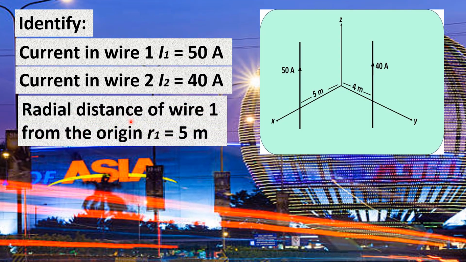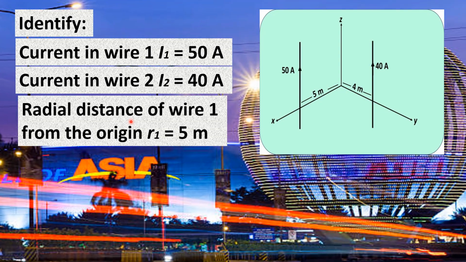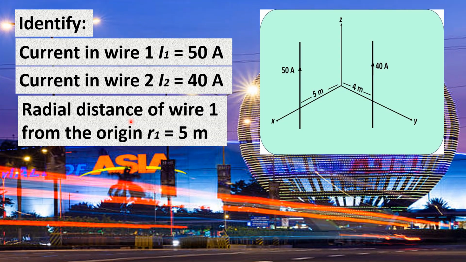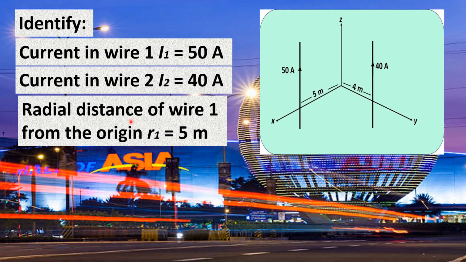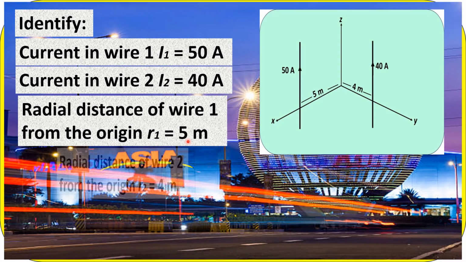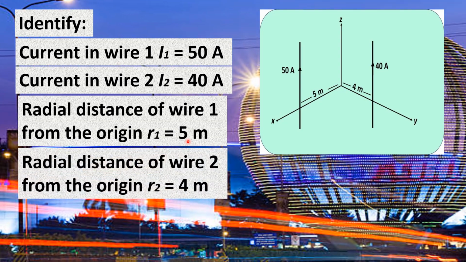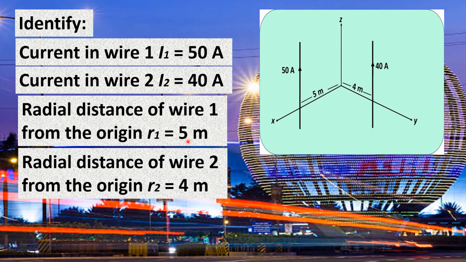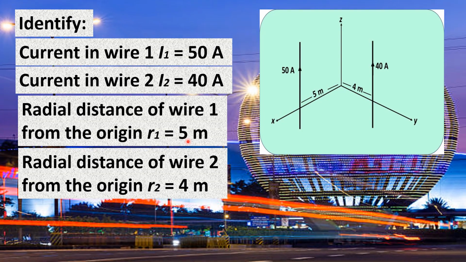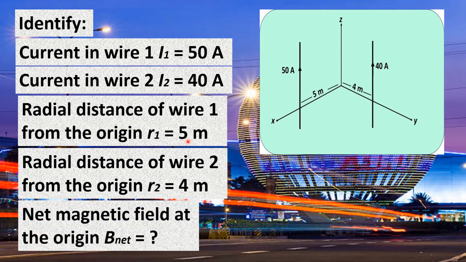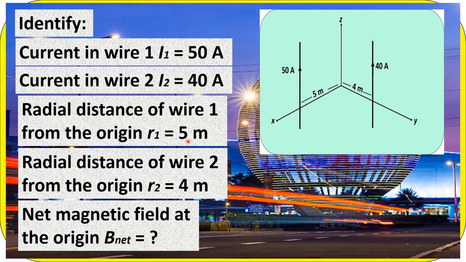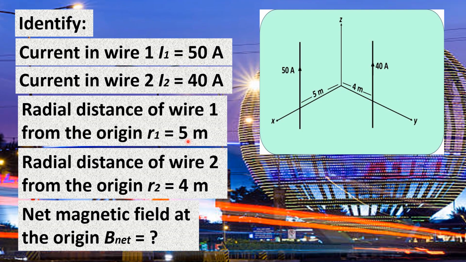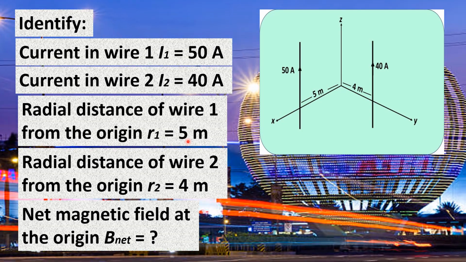We are also given the radial distance of wire 1 from the origin, denoted by R sub 1, equal to 5 meters. And the radial distance of wire 2 from the origin, denoted by R sub 2, equal to 4 meters. And our target variable is the net magnetic field at the origin, denoted by capital B sub net,